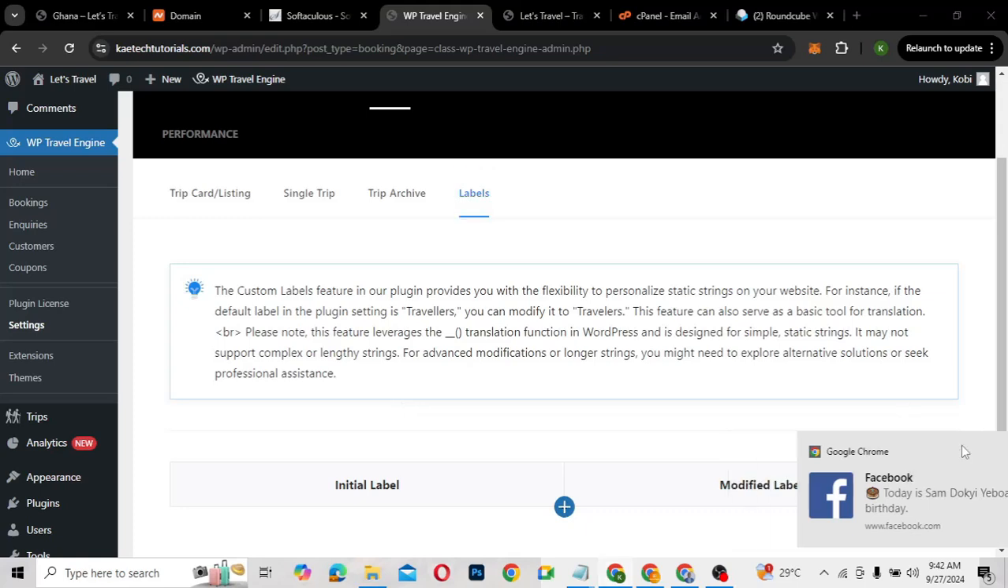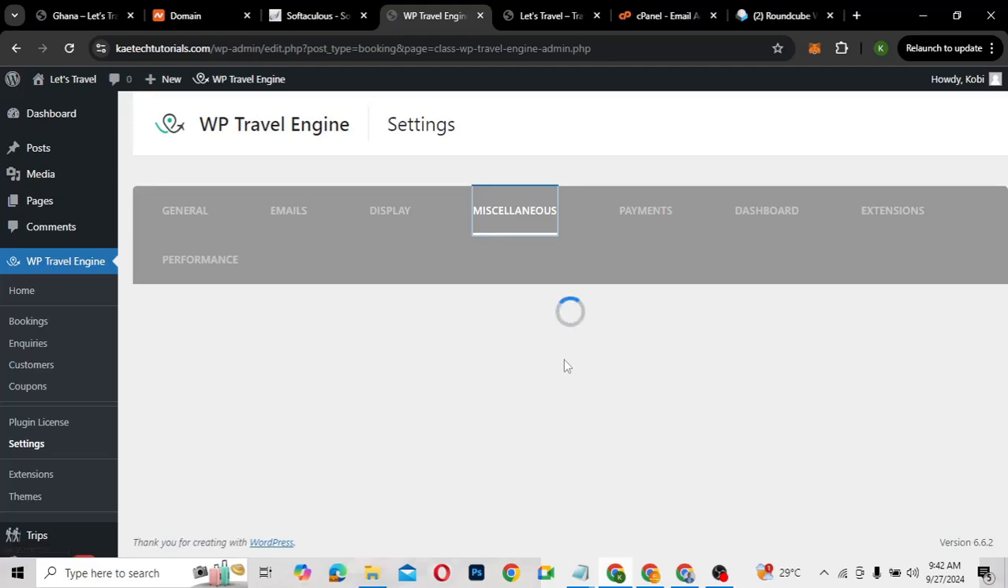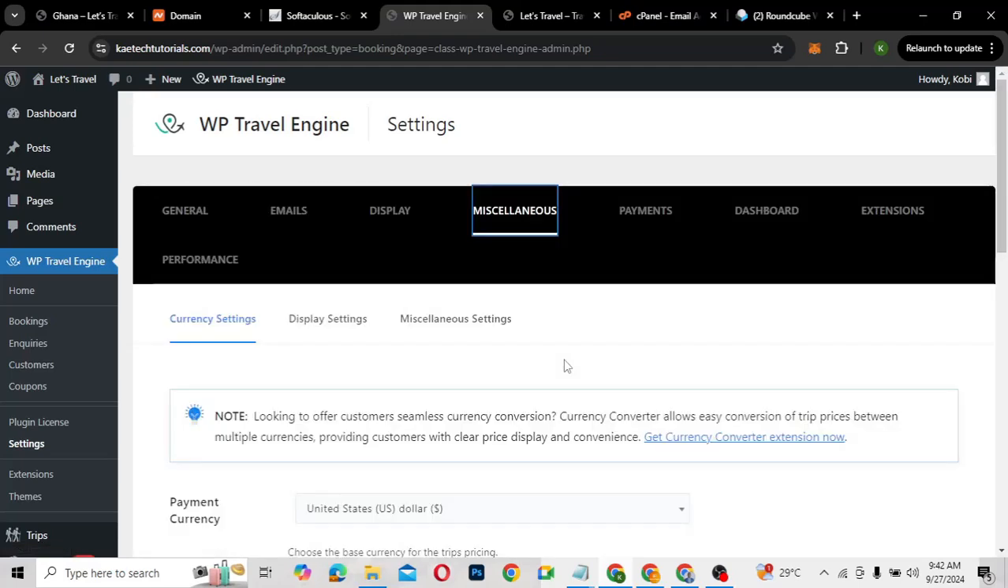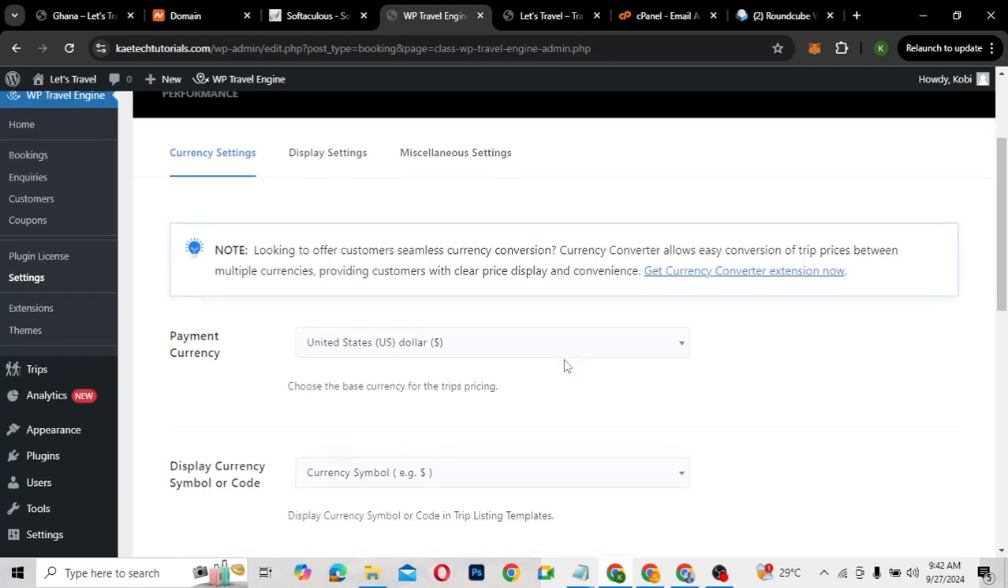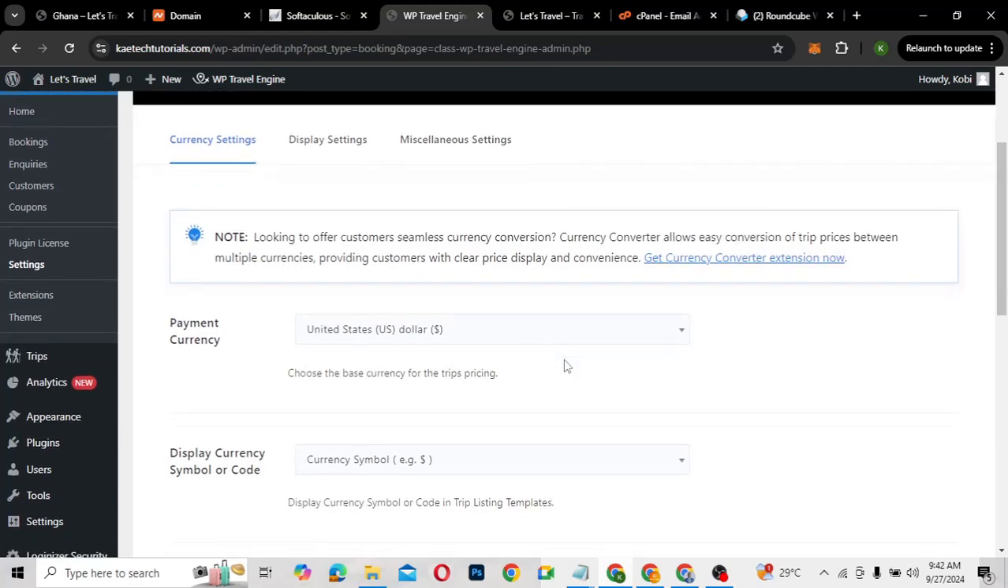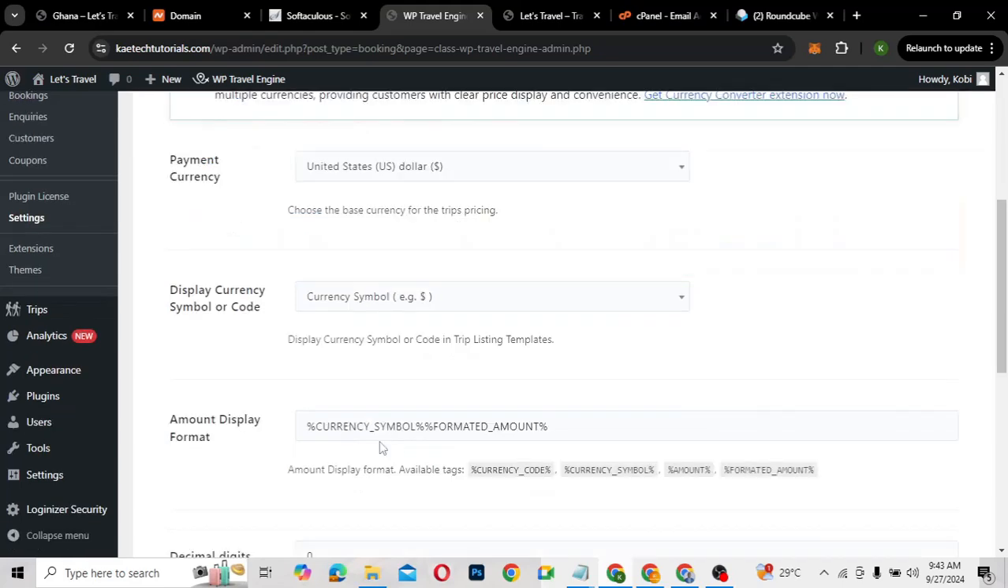Now the next one that we're going to talk about is miscellaneous. Now with miscellaneous, this also talks about the currency, the display settings, and then some other miscellaneous settings over here. So if you want more extensions, you can get it by getting the currency converter extension over here. But then these are the few settings that we have over here. We have the currency,